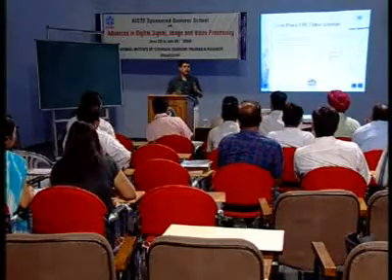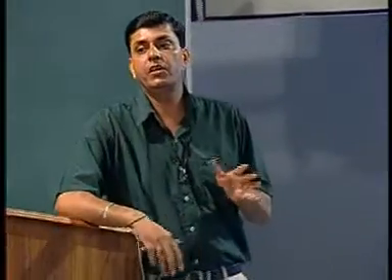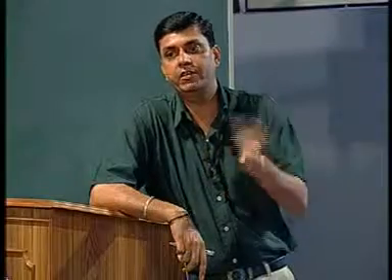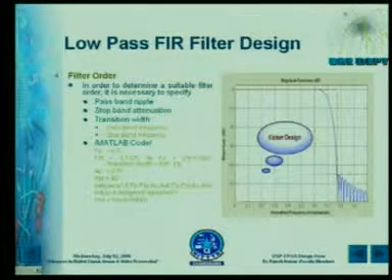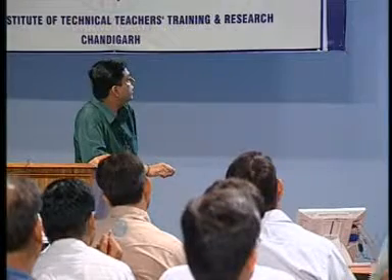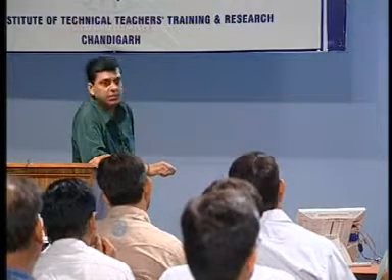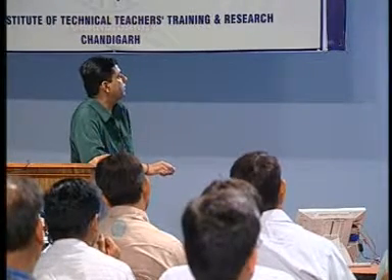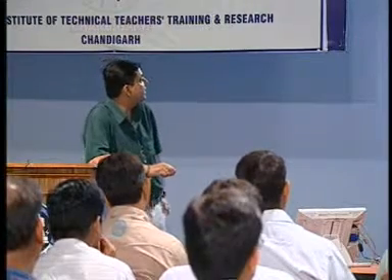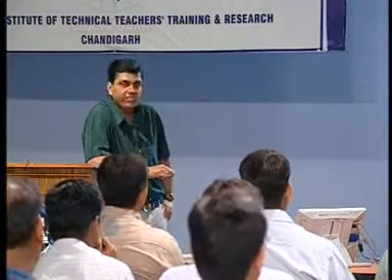Now, the most important thing in filter design is filter order. Filter order is the length of your filter, the number of coefficients required in your filter. So, for determining this filter order, we should have knowledge about passband ripple, stop band attenuation, and transition width, that is your passband frequency and stop band frequency. So we are defining these different frequencies: passband frequency, stop band frequency, passband ripple, stop band attenuation. After these specifications, we are designing this filter using the Kaiser window.